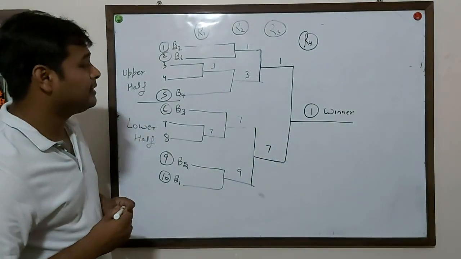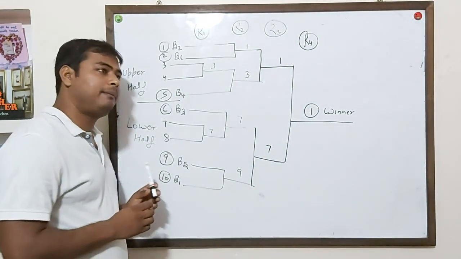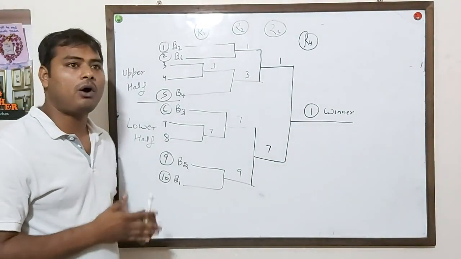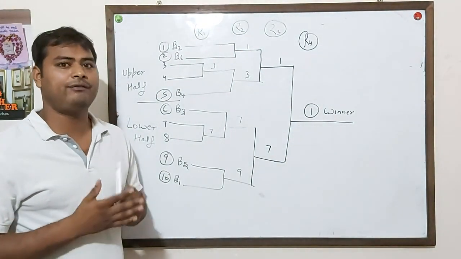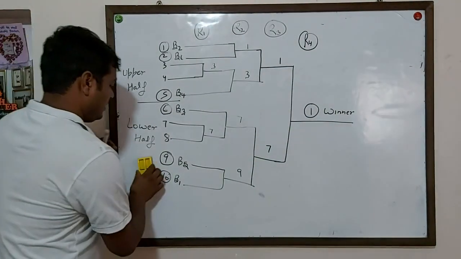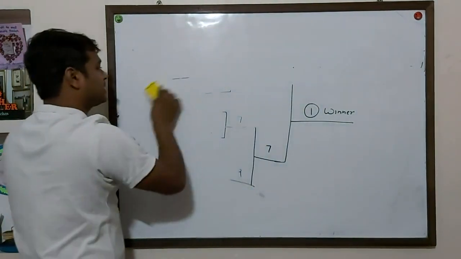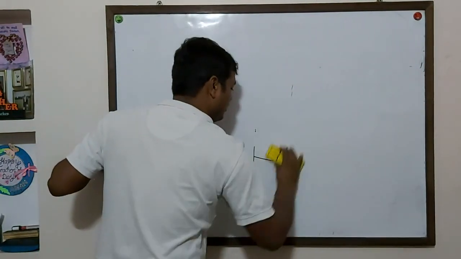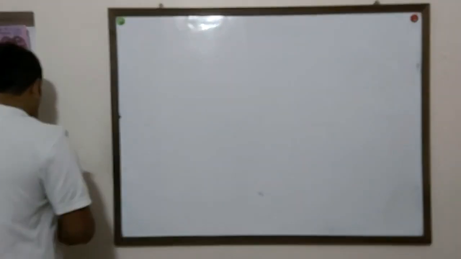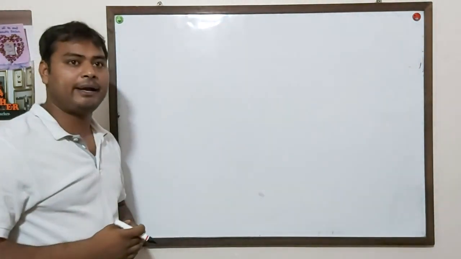One more point is here. One question is coming in your mind. If the total number of teams is not a power of 2 and the number is not even, the number is odd, like 9, 11, 13, 15, then how to draw the picture? This procedure, how to draw the picture, I will explain to you in my next video. When the total number of teams is not even, means the total number of teams is odd, then how to draw the picture, this I will explain to you in my next video.